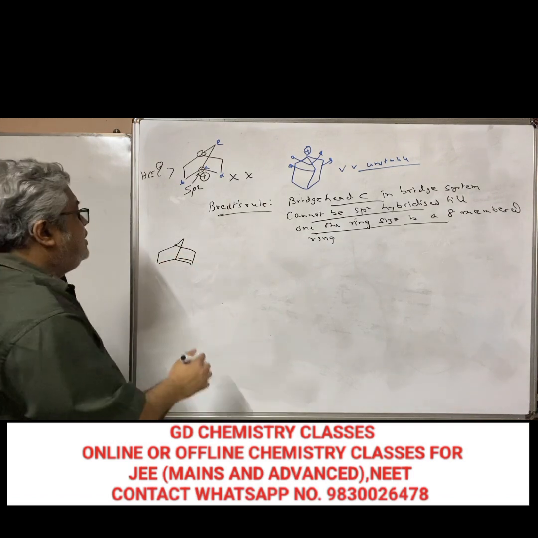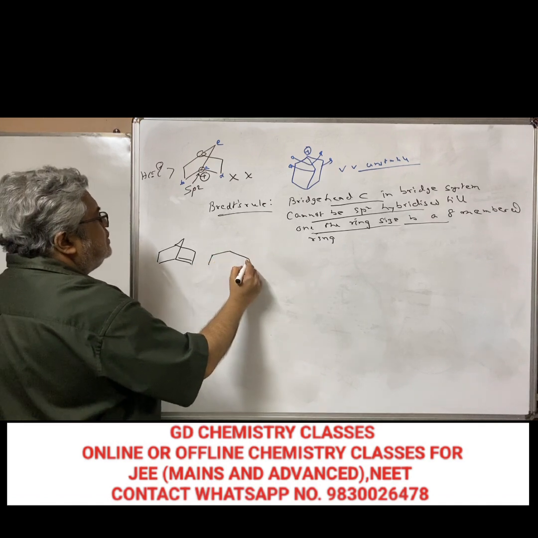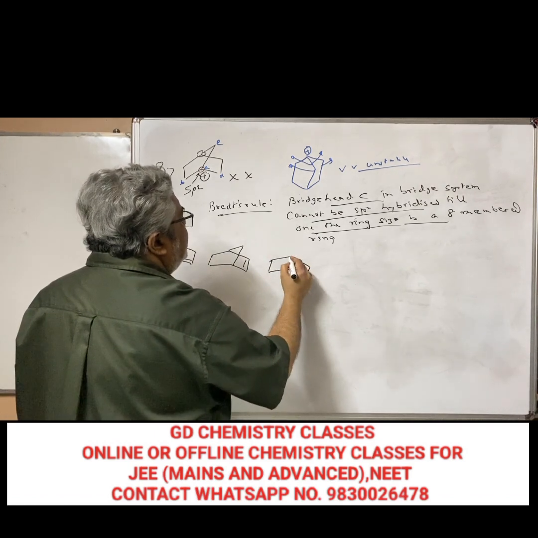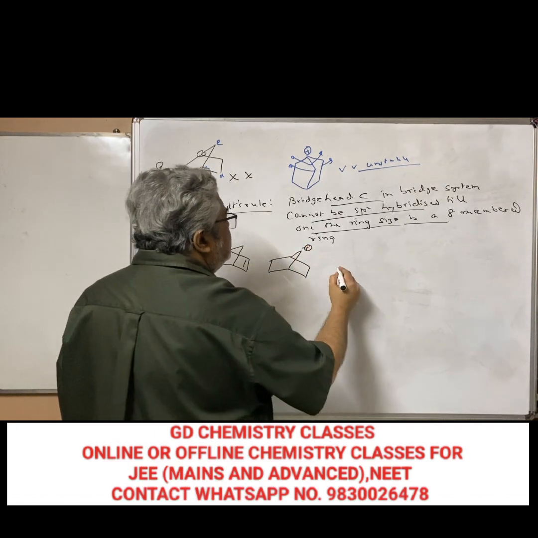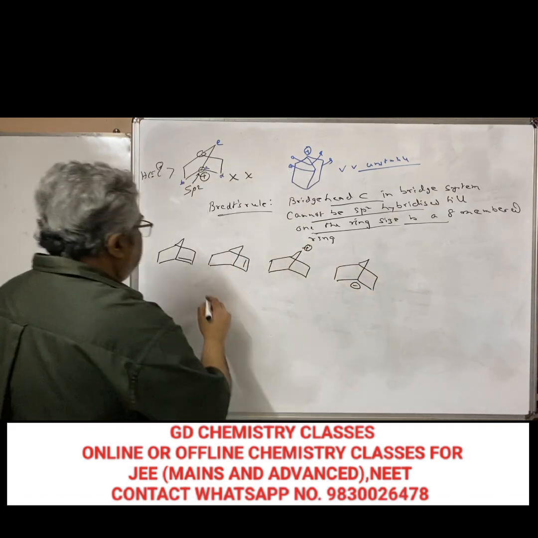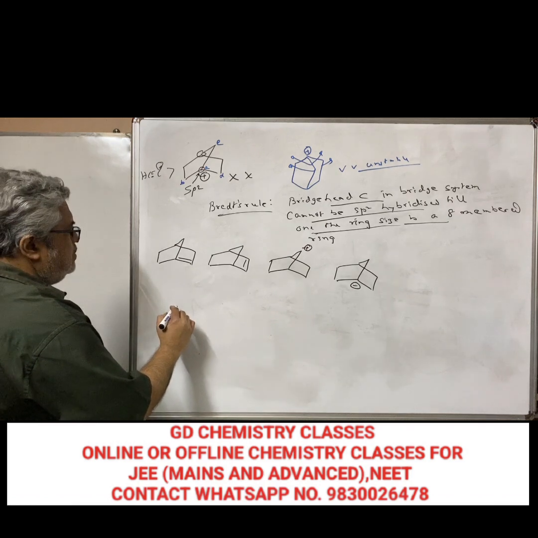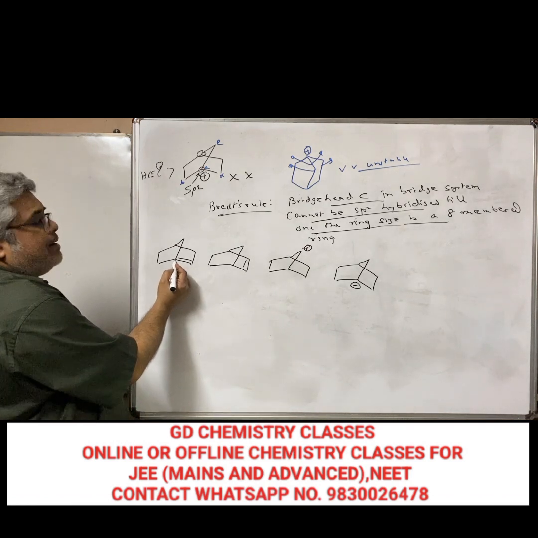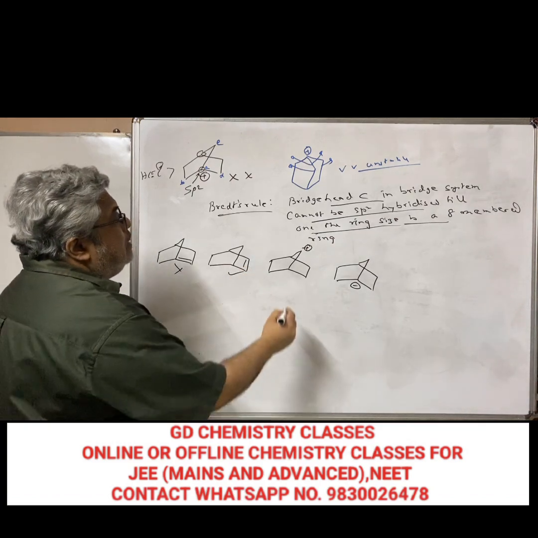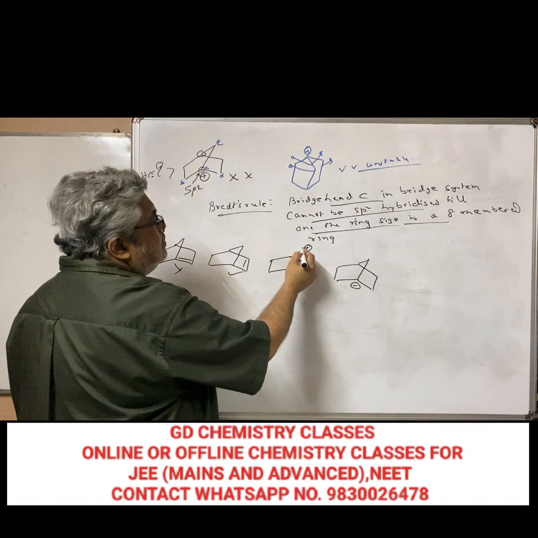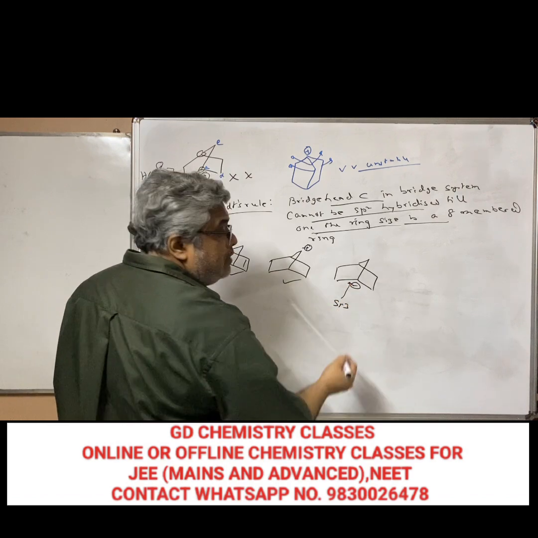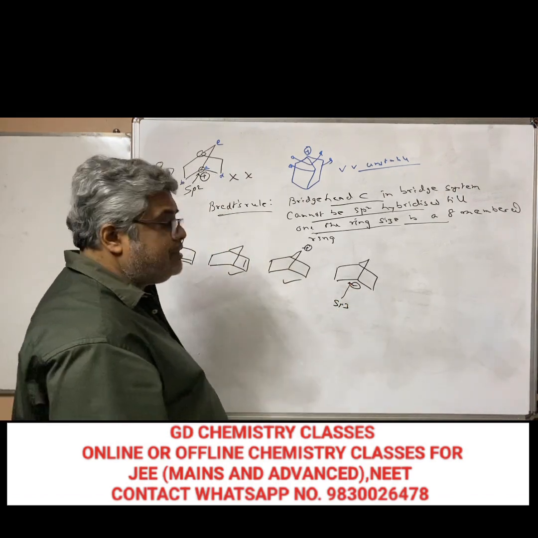Although this is not part of carbocation, will this exist? Just check which one of these will exist. Let's check this one. For this, the bridgehead carbon atom is sp2 hybridized, so it does not exist. These are not bridgehead carbon atoms, so it does exist. This is again not a bridgehead carbon atom, so this will exist. Now this is a carbanion, that means this is sp3, non-planar, so the steric requirement is not highly strained,